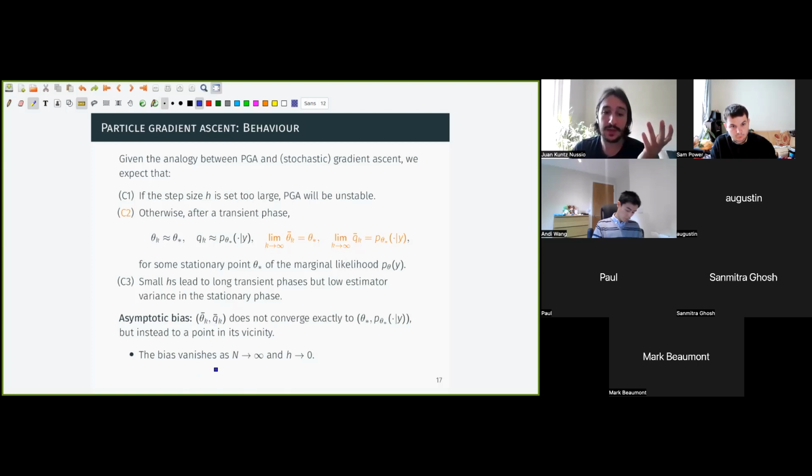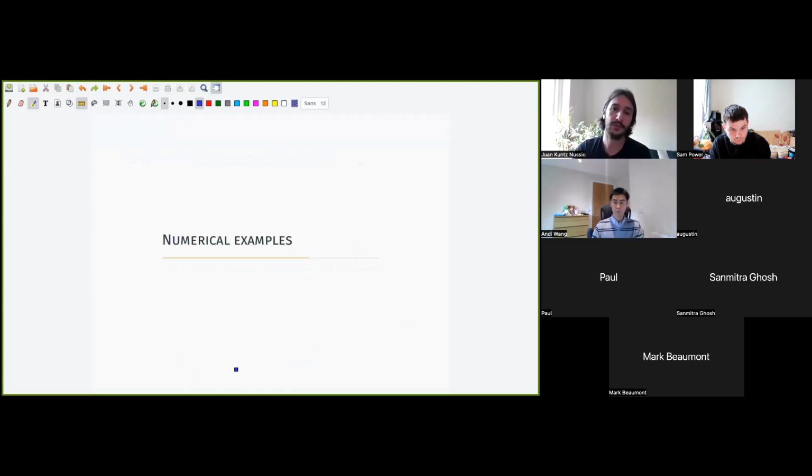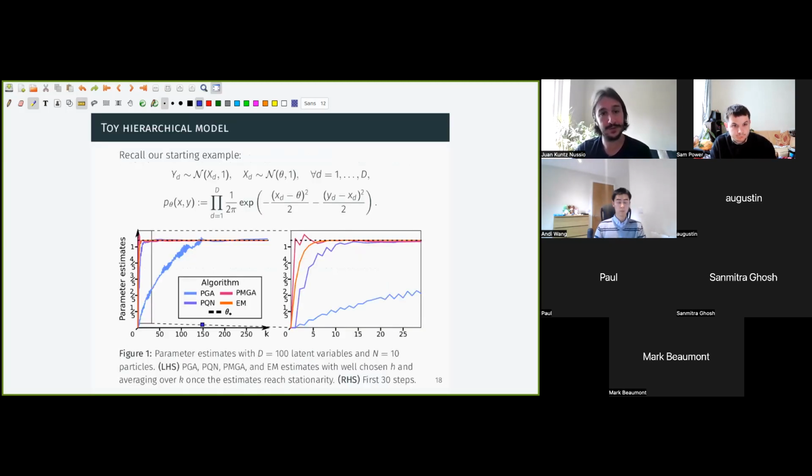However, you can mitigate this bias by just growing the particle number and decreasing the step size. So whenever we did this, we could get the bias to go to 0. And maybe this is not too surprising, because if you use large particle numbers and small step size, then hopefully you're doing a pretty close approximation to the gradient flow. And we do know that the gradient flow goes to the type of points we want it to go. Okay, so maybe I can just show you guys some pictures of what this actually looks like.